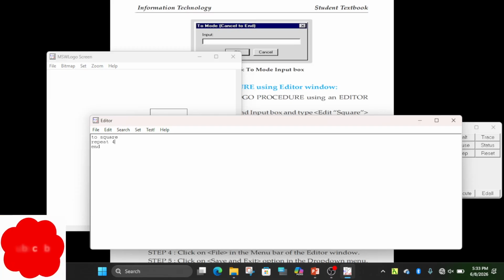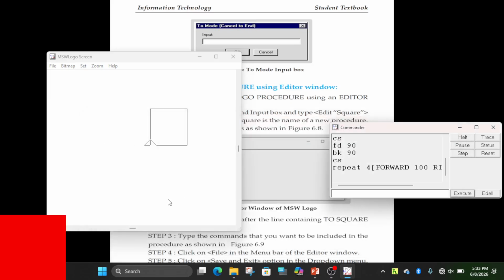Repeat 4 forward 100, right 90, save it, save and exit.